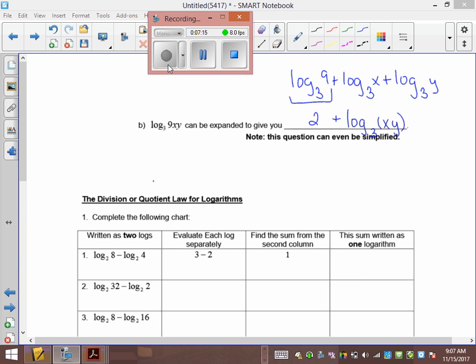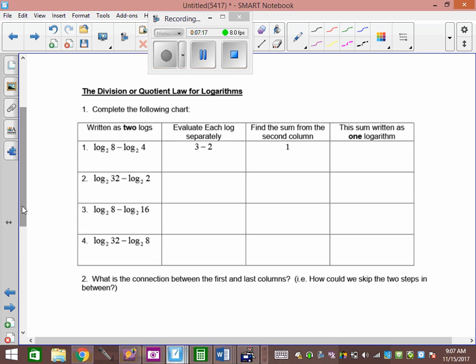So this one here, log base 2 of 8 is 3, minus log base 2 of 4 is 2, and you get a 1. What do you think we're going to do in this case when there's a minus sign? Divide. So log base 2. Now this is what I'm going to tell you. If it has a plus 1 in front, it goes to the numerator. If it has a minus